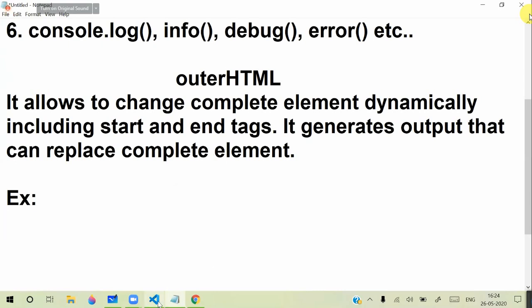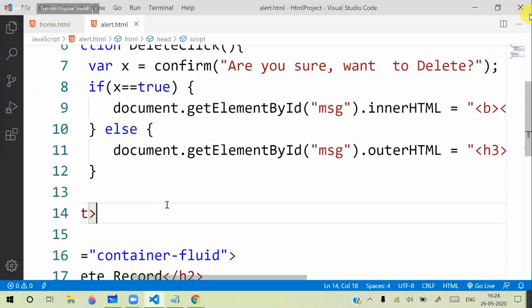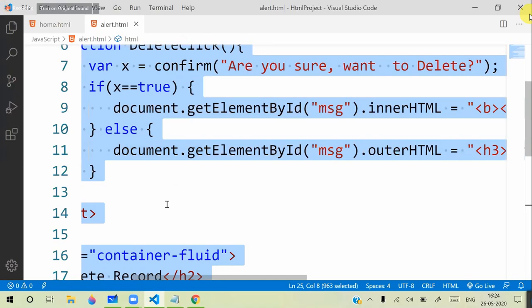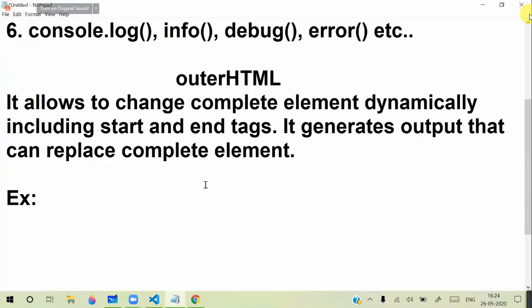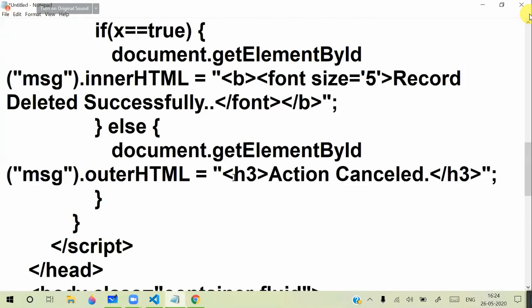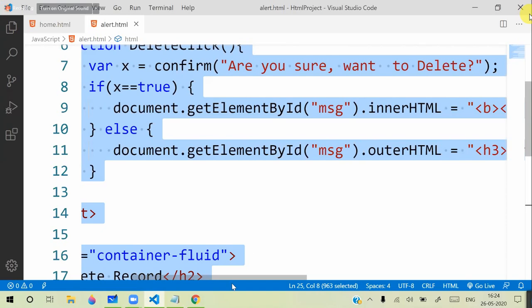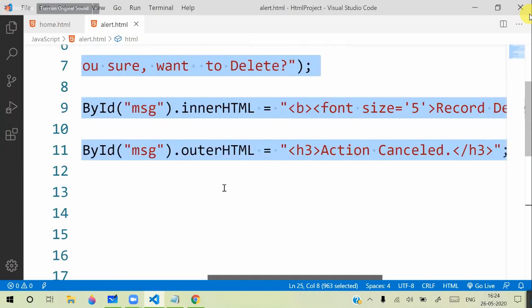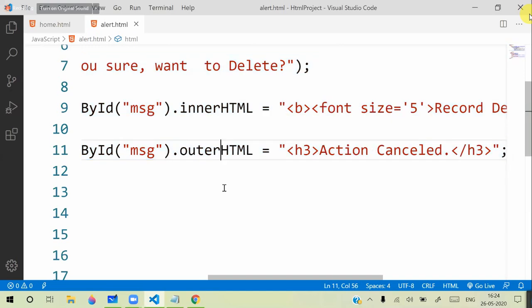Example, same as yesterday's example. I can copy it here. The only point is outer HTML will not print heading 3 inside this heading 1. It will replace it with heading 3. So I hope everyone understood it clearly. One more time, see, if I am using inner HTML,